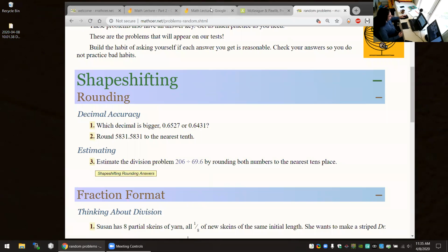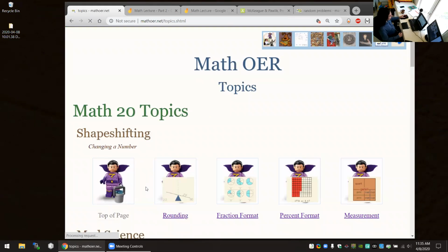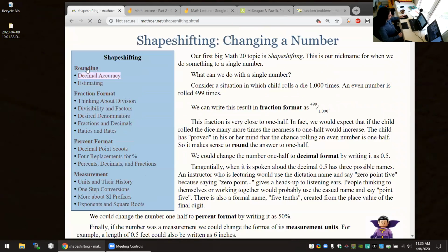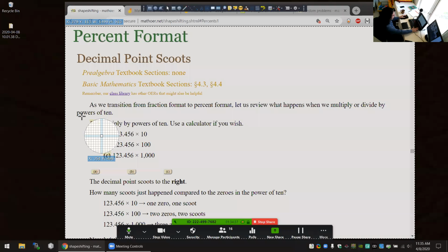Okay, well, I'm slightly hesitant to keep going, but I think we should. So we've done all of rounding. We've done all of fractions. Let's talk more about the decimal point scoots because that fits in with what we did already anyway. If I was to take a calculator